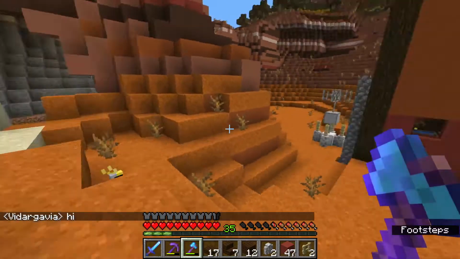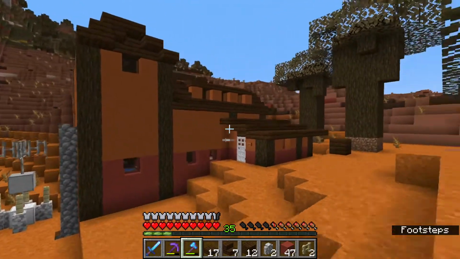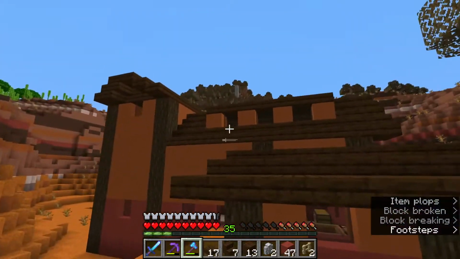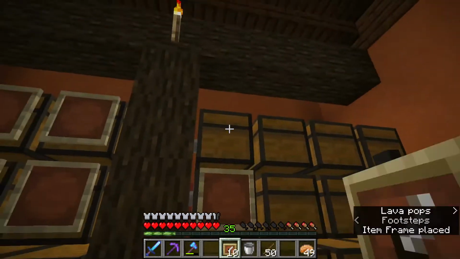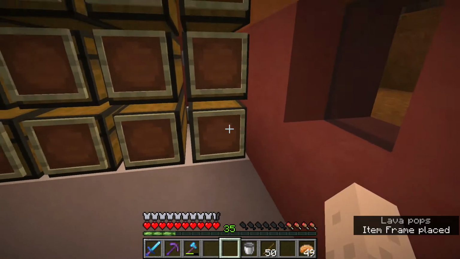Yeah, so this is our starter house in our base. Everything going on. I'm gonna fill it up with chests and start putting things over here, I think. And then we'll look at the next thing. Alright, we're getting somewhere with this. Let's just